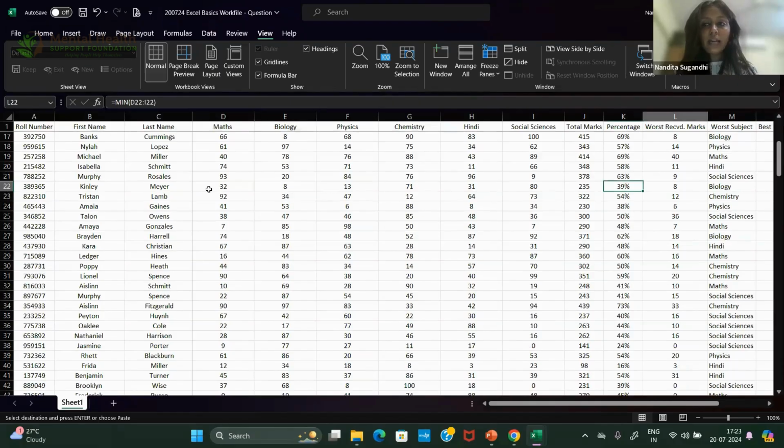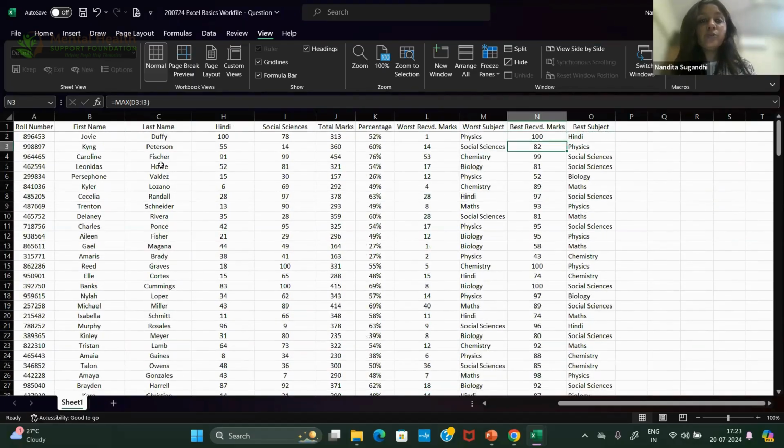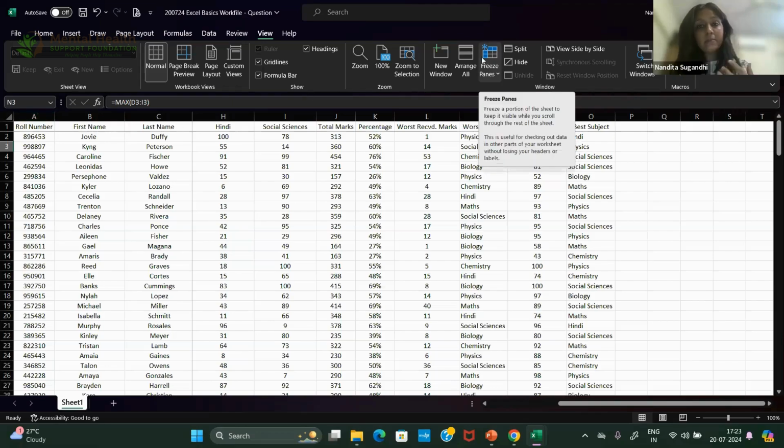If I move to the right, I can still see the first 3 columns being frozen. This will help me navigate my sheet better because usually you have identifier details from which you can identify a data set at the very beginning in the first column. So freezing panes is useful when you have a large data set.